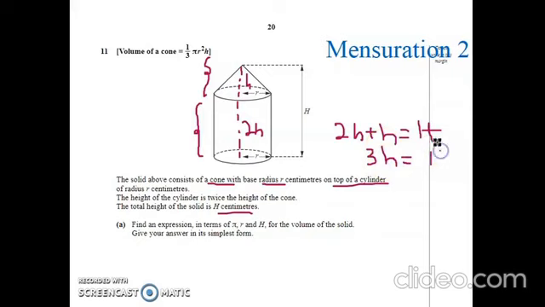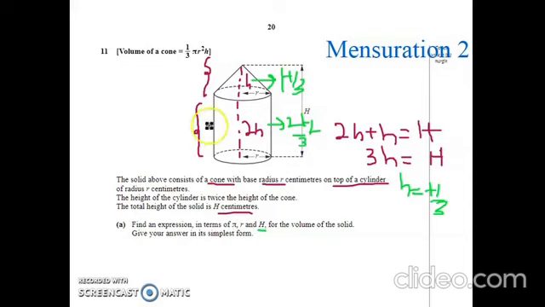So now first let's find the heights in terms of the capital H, because that is how we need to express our volume, right? So the small h is equal to capital H upon 3. So the height over here is h upon 3 and this height is 2h upon 3. All right.